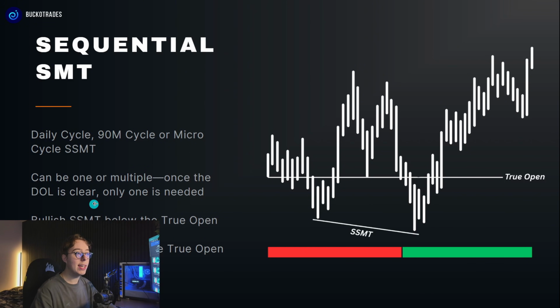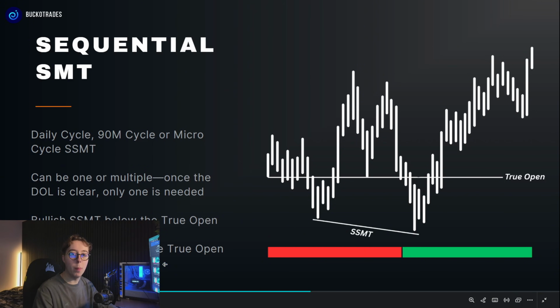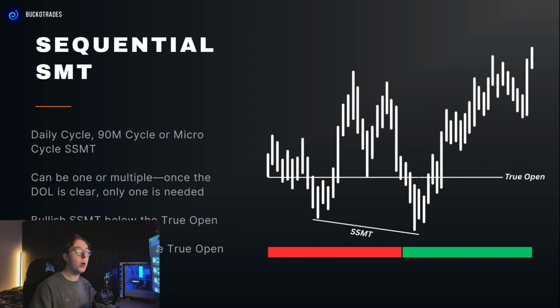Once the drawn liquidity is clear, only one is needed. Bullish sequential SMT takes place below the true open, as always. Bearish sequential SMT takes place above the true open, as always, okay? Super, super simple. If you don't know what a sequential SMT is, go ahead and check out my SMT video